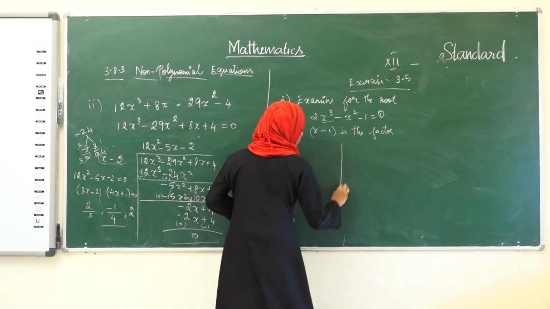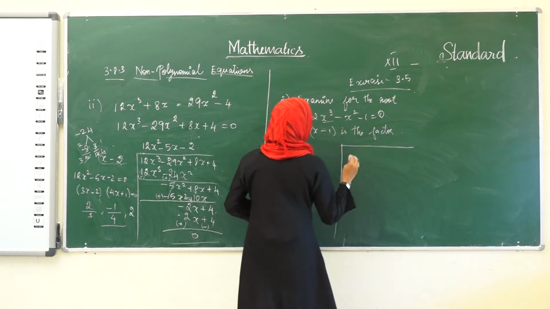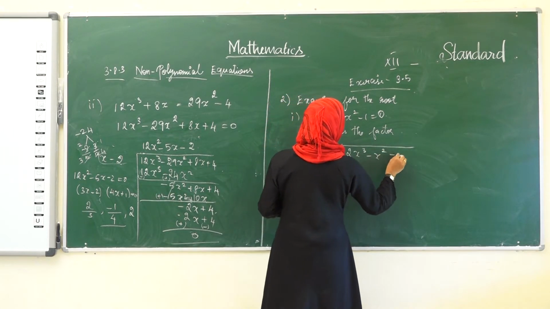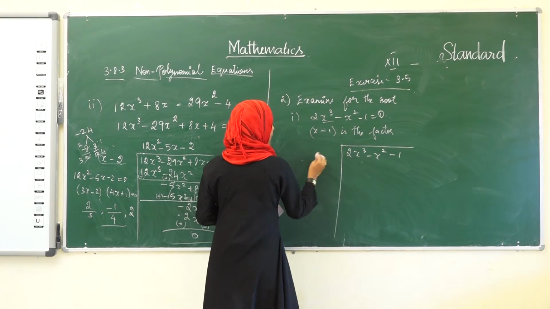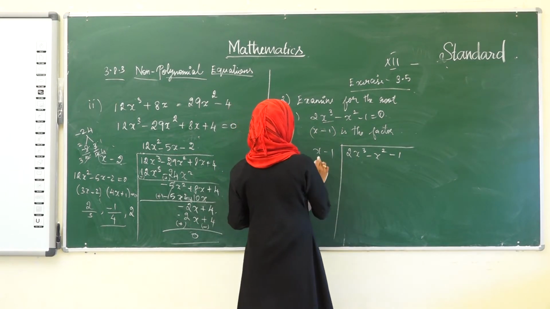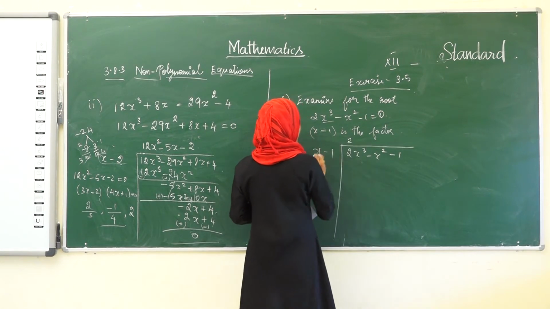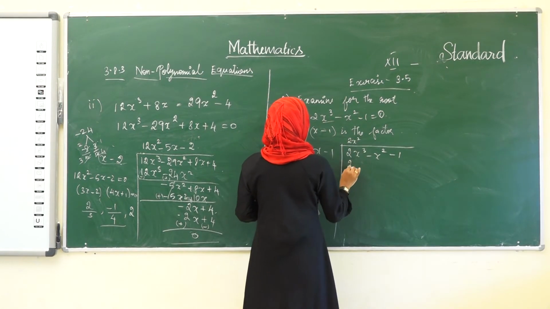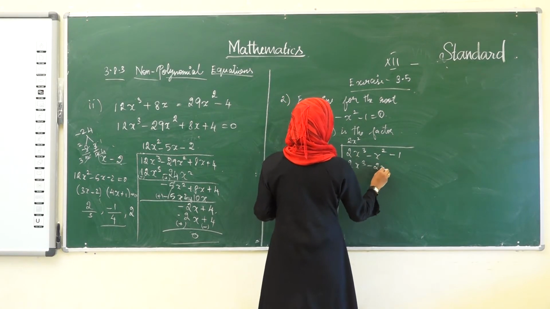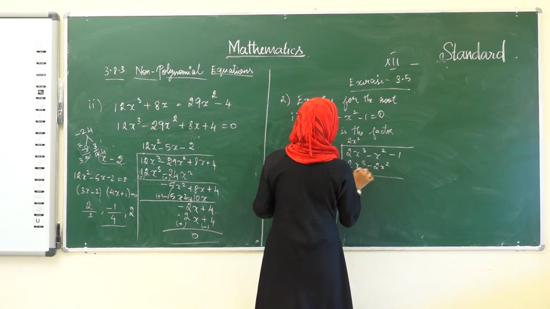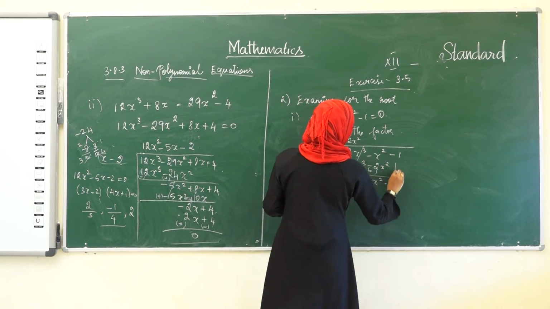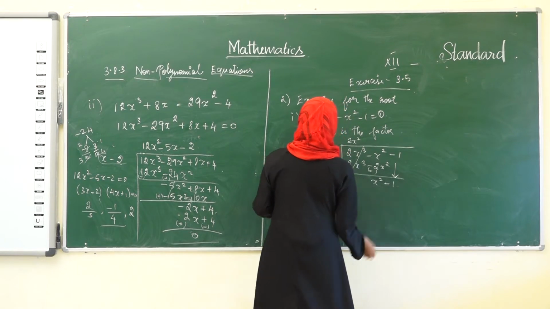So, we are moving on to the long division. What is the polynomial given? 2x cube minus x square minus 1. We are going to divide this by x minus 1. See the first term 2x cube, here it is only x. So, multiplying x with 2x square, we get 2x cube minus 1 into 2x square is minus 2x square. On changing the symbol, this gets cancelled and the value will be x square. On taking this down, x square minus 1.